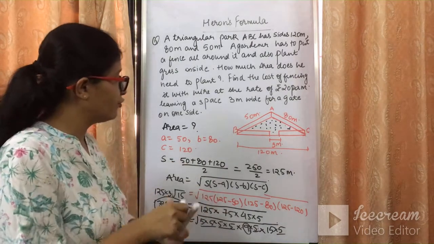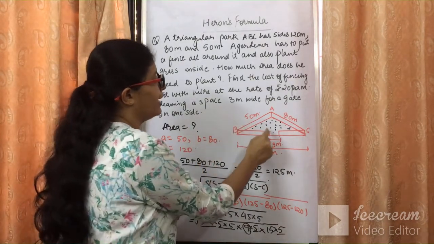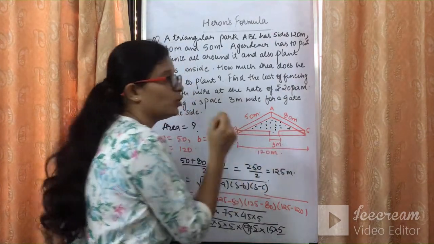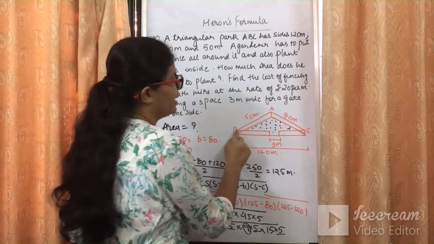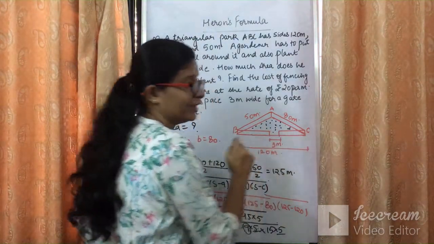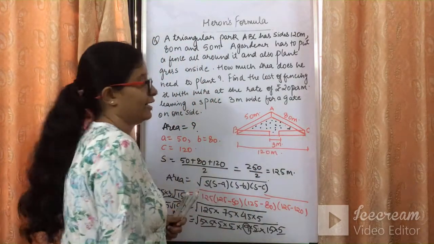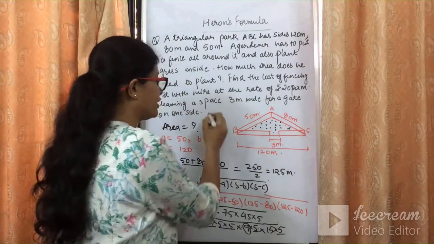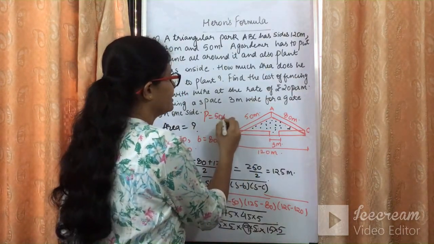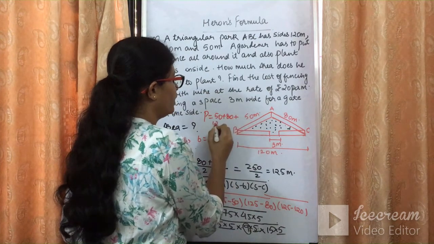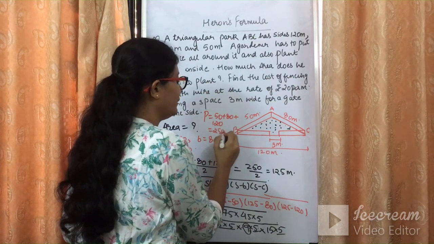Now what we are left with is to find how much fencing do we require and what will be the cost of the fencing. So fencing लगानी है, मतलब इसके इर्द गिर्द लगानी है, मतलब उसके पैरामीटर पर लगानी है. So let's see what is the perimeter for the triangle. So it is 50 plus 80 plus 120. So is it 250 meters?